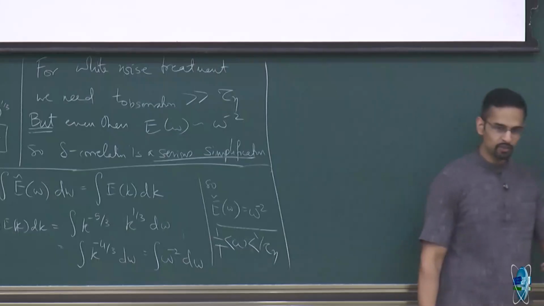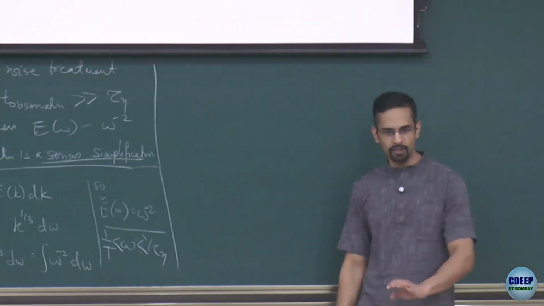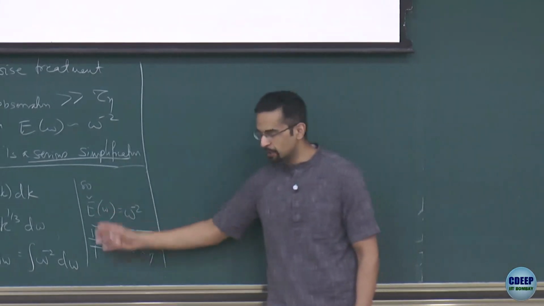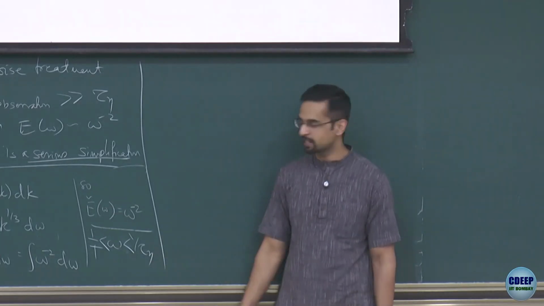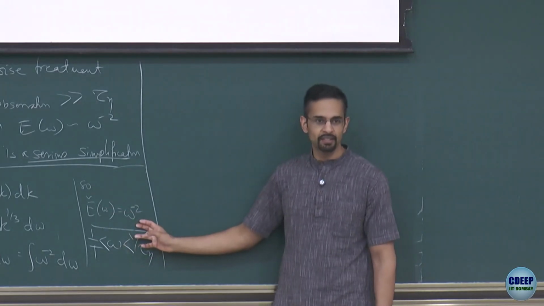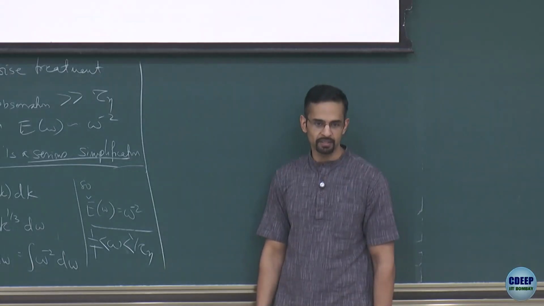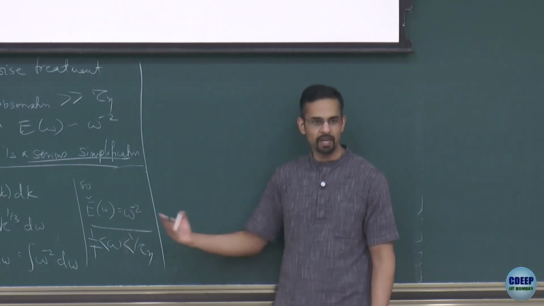Then, of course, you can make the stochastic model more sophisticated and say, I will not take the delta correlated limit. I'll cook up some stochastic field which has the correct temporal correlations. Then it will, of course, improve your predictions. And there have been efforts to do such things.